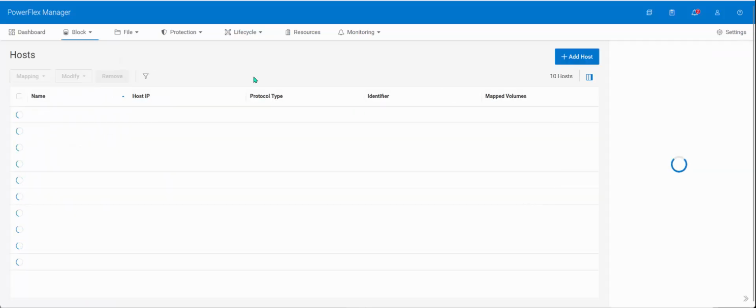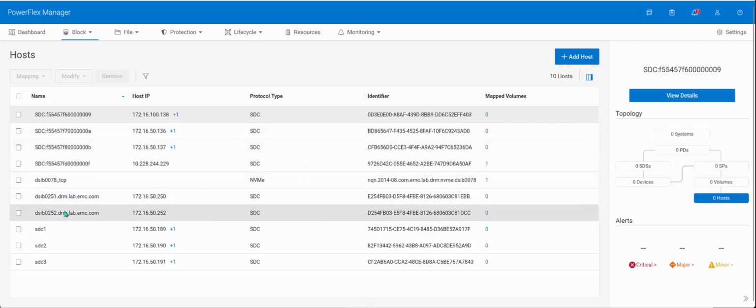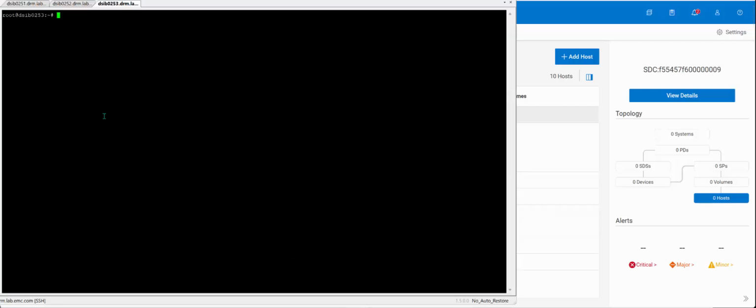If I look at the hosts, I've already configured 251 and 252. And so what we're going to do is we'll install the SDC on 253 and then use that one for presentation of the volume. So the first thing we want to do is inside the CLI,